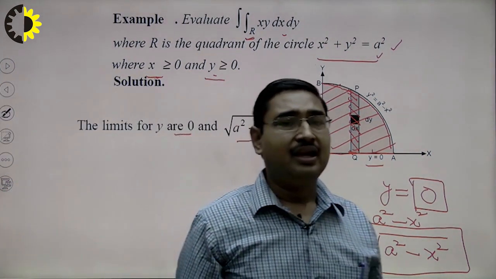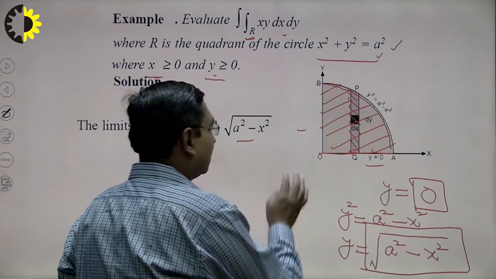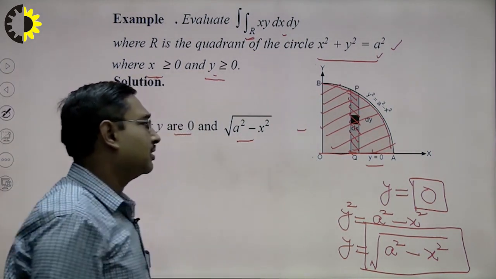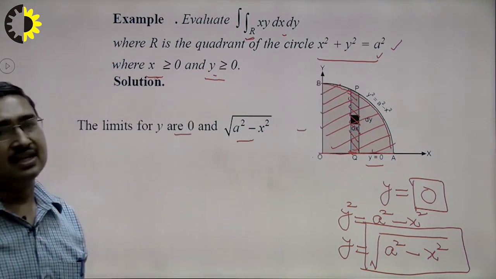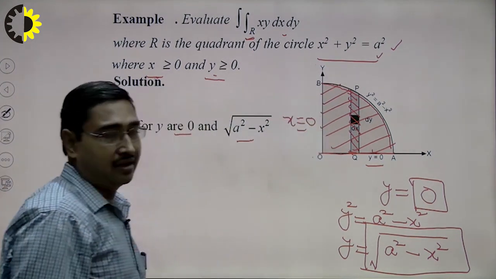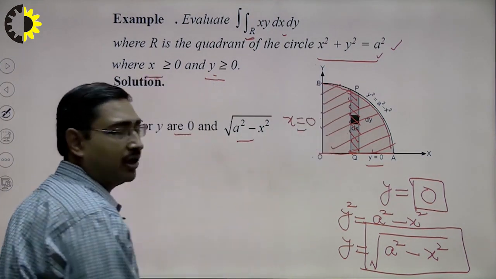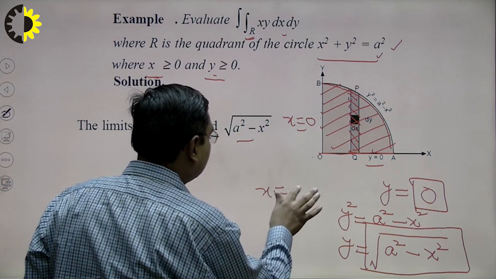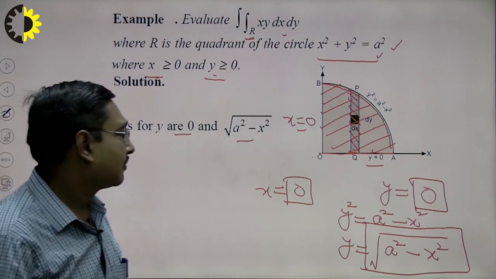Now, we shall find limits of x. To find limits of x, we shall use corners or extremes of the region. On leftmost part of the region or leftmost extreme, it is bounded by y-axis. At y-axis we have x equal to 0 everywhere. Therefore, if I consider any point on this boundary, then the value of x will be 0. So, this 0 will be lower limit of x.